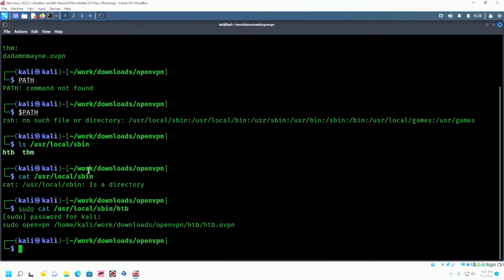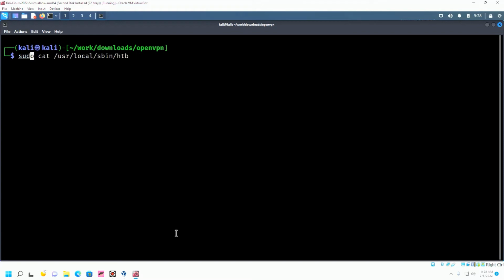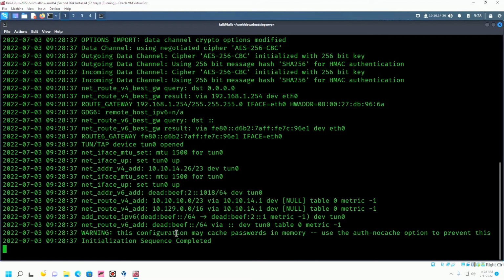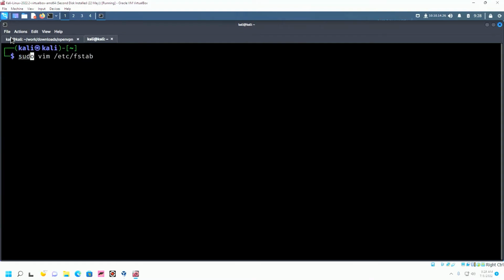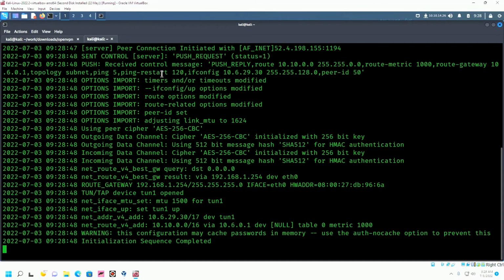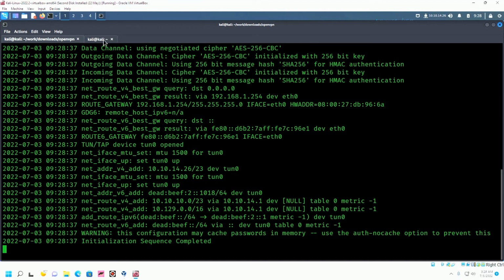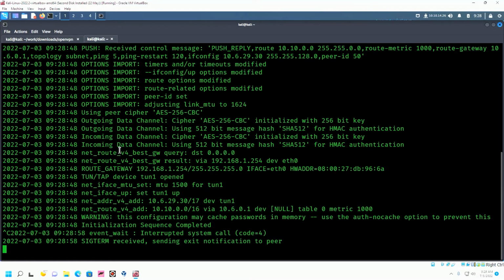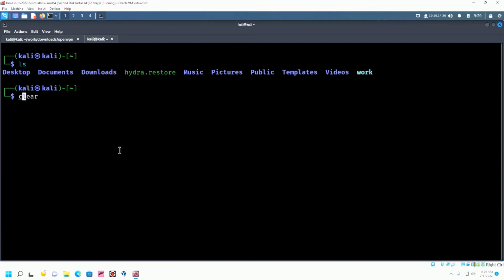I put those in user local sbin so that when I type sudo HTB, it'll just go ahead and run this command. So as soon as I log into my Kali, I'm basically like sudo HTB, and boom, it just automatically does it for me. And then I could just open up a new tab, sudo THM. Boom. And it's just quick for me. Like, I don't have to worry about OpenVPN, whatever. And then it improves my workflow even more,